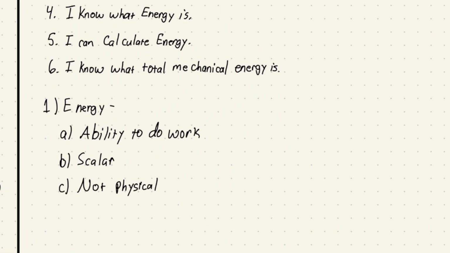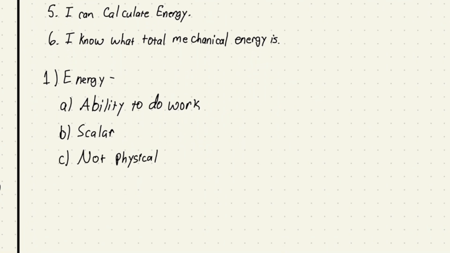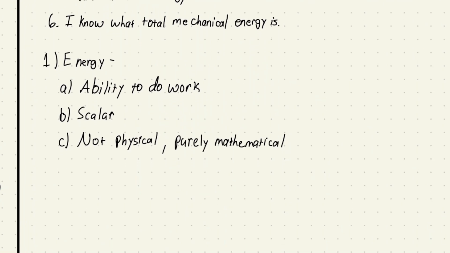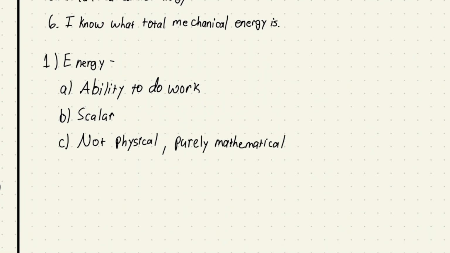But energy is not something that really exists. It is purely mathematical. I know that a lot of times you've been told that a gamma ray is pure energy. It's not. It's really not. It's something else. What that something else is, is pretty complicated, but it is not what we would call pure energy. Energy itself is just a mathematical construct, and it comes because of the way that we do math and the way that we set up our coordinate systems. It's just this number that pops out when we do this special kind of math, and it happens to be super, super useful.